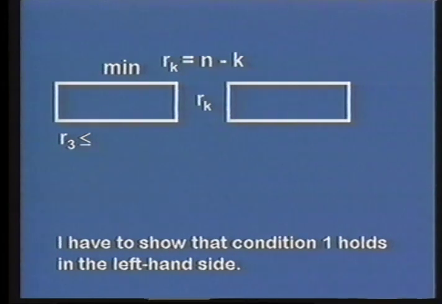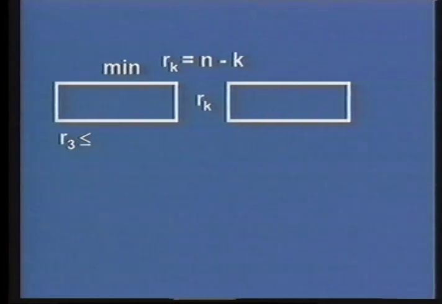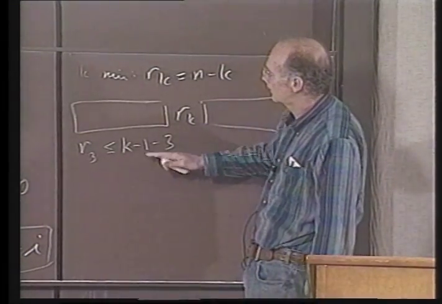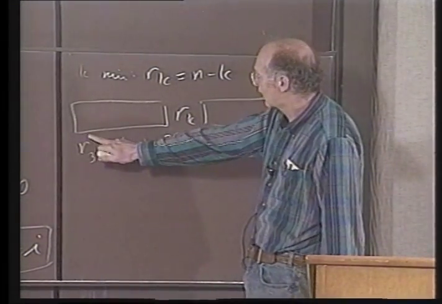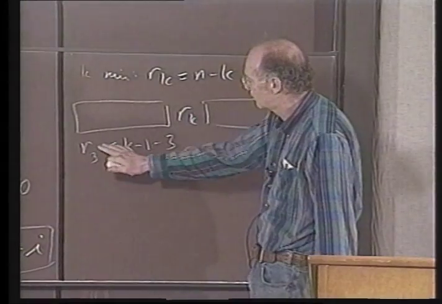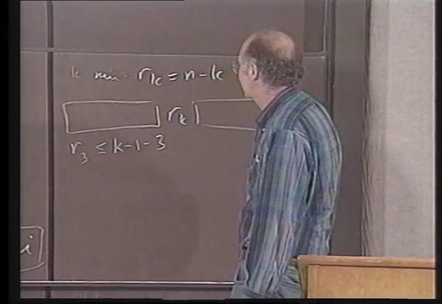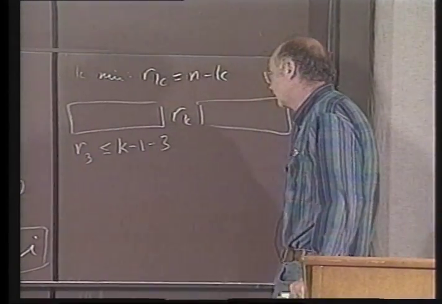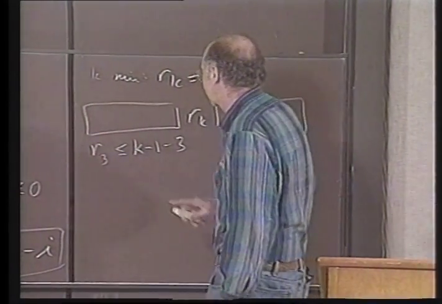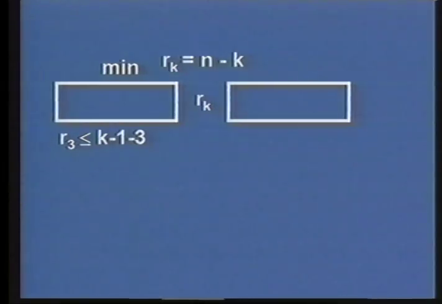So I have to show that R3 is less than or equal to k minus 1 minus 3, since I've got k minus 1 guys here. I have to show that R1 is less than or equal to k minus 2, R2 is less than or equal to k minus 3, R3 is less than or equal to k minus 4, and so on up to R(k-1) is 0. Now, how would I show that R3 is less than or equal to k minus 1 minus 3? Well, if not,